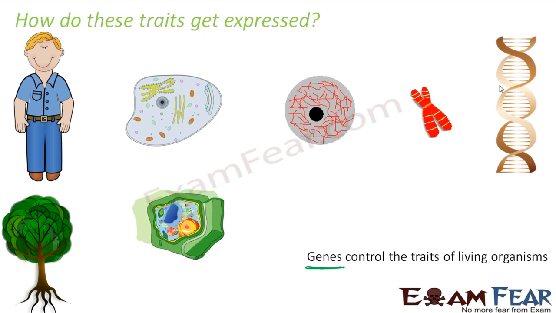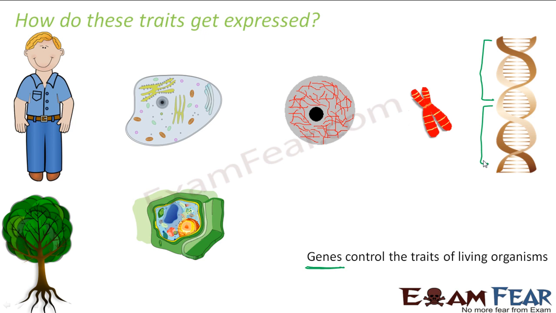Right? So each portion of this DNA, let us suppose this portion of DNA, codes for a specific protein. Say it codes for a structural protein. So this is the gene for the structure of that organism. Similarly, maybe the remaining portion codes for some other types of proteins. So again, that part of the gene is responsible for those kinds of traits. So as the information in the DNA, or the coding in the DNA, changes, different types of proteins are synthesized. Now as the type of proteins which are synthesized varies, the design of the organism also varies.